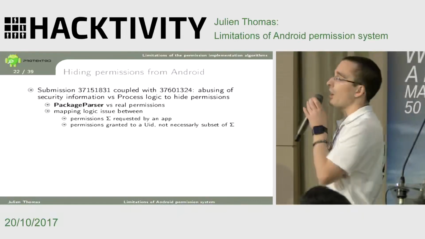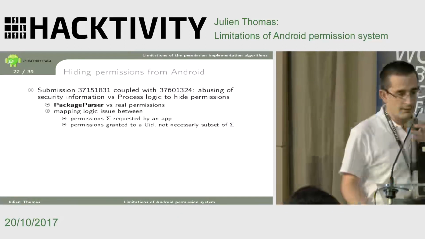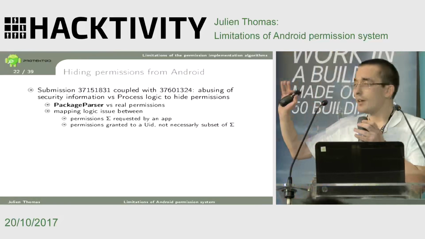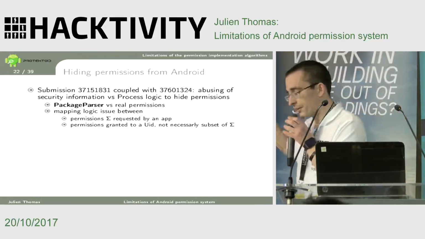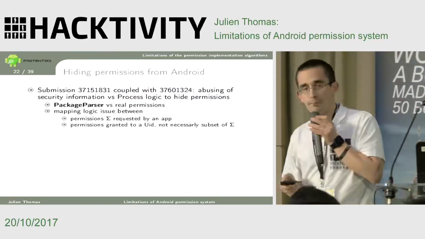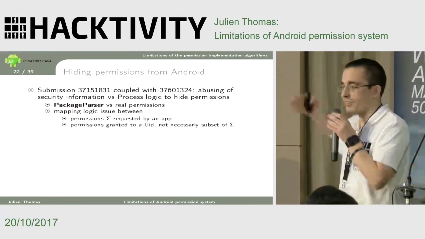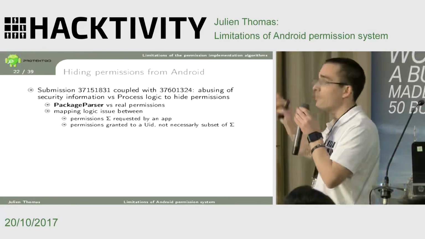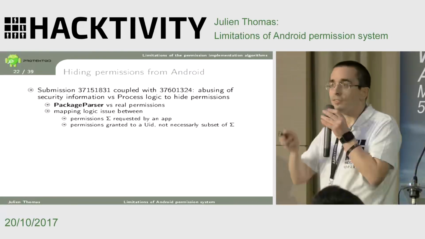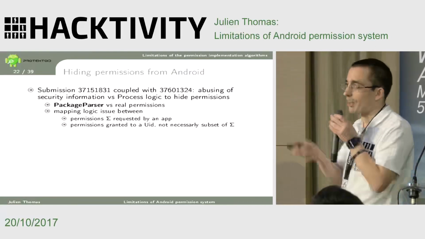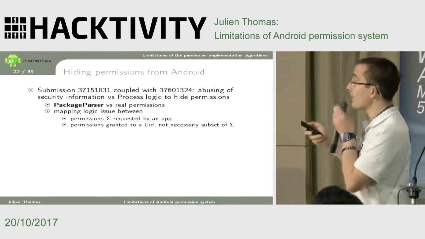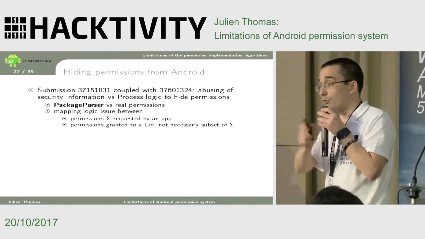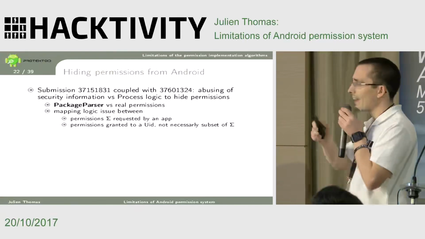So first, how can you hide permission from Android? As I said before, when you go to the system information, you display the permissions that are defined on the package info, meaning you put on your manifest that you want to access contact. Even if you are granting something else, it will never be shown because the display relies on what you ask, on what you define. So the thing is how you can make the system grant you something that you did not request and that will be never shown to the user at any level.